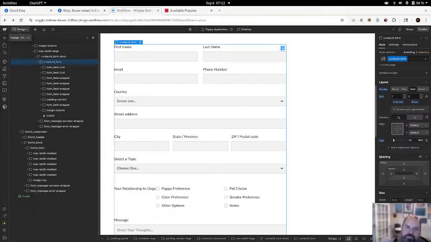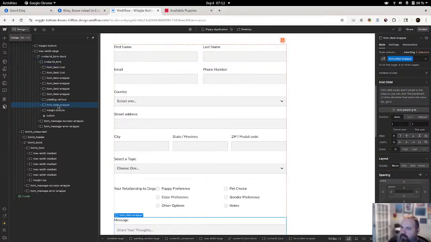So right now, I don't feel like designing this. So I'm trying to figure out. I want to do this obviously with the first name, last name, email, phone number, country, street address, all that good stuff. But how else do I want to lay this thing out? I'm not sure. But we can go ahead and add our next field. Our next field is going to be, let's go ahead and just copy, paste.